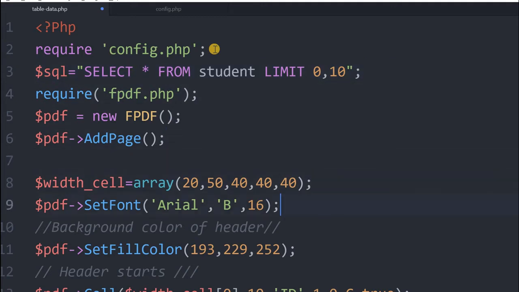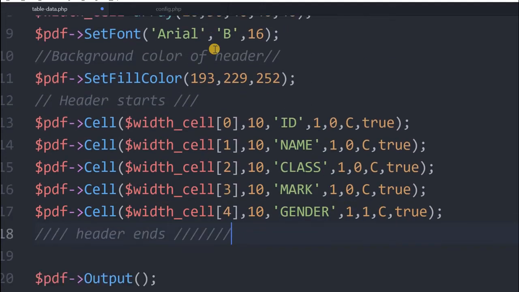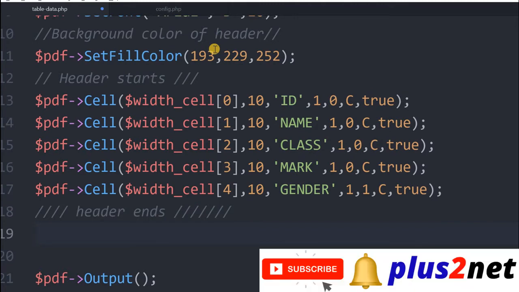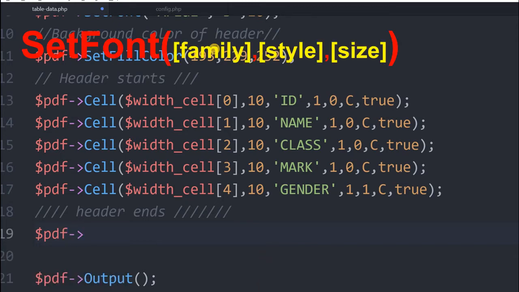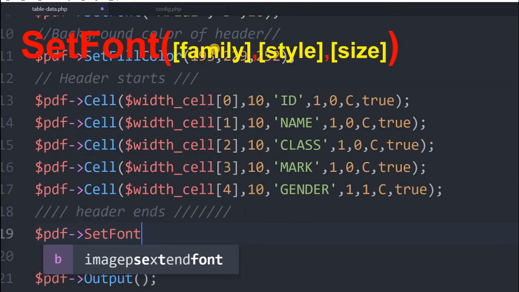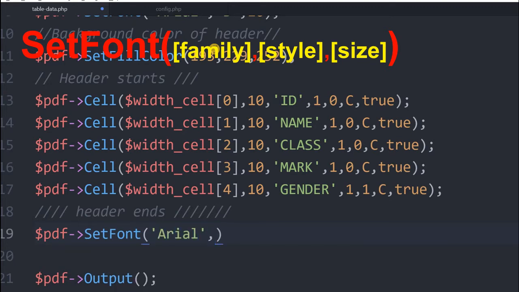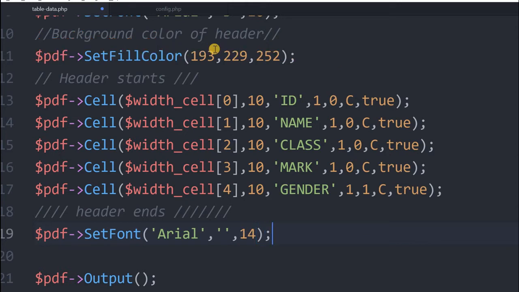Now let me come down. After the header cell is over, now I will write my code here to pull the data. Before that, let me change the font, because for the header whatever font I have used, I will reduce the size now. So I'll say set font Arial, no bold, and size is 14.